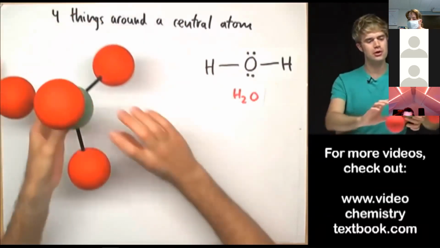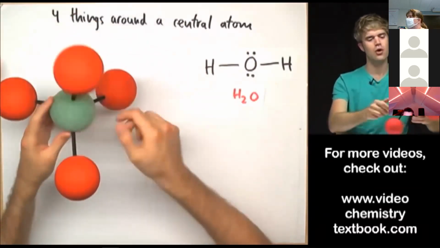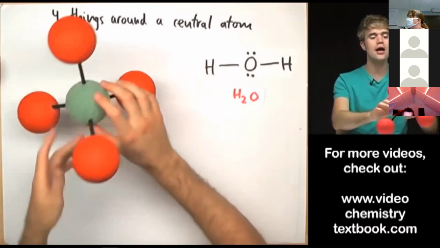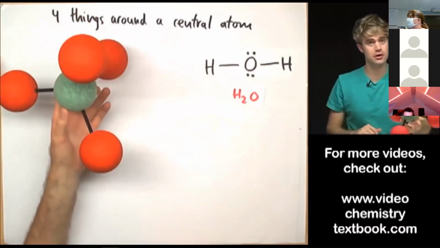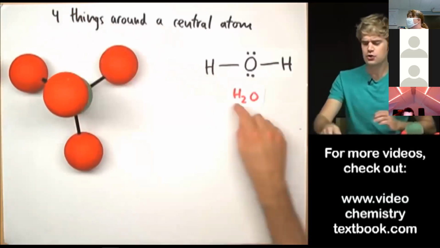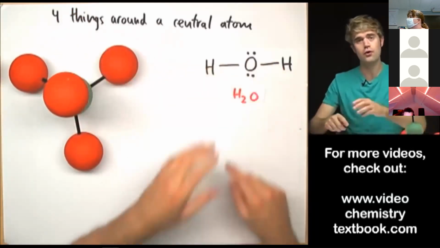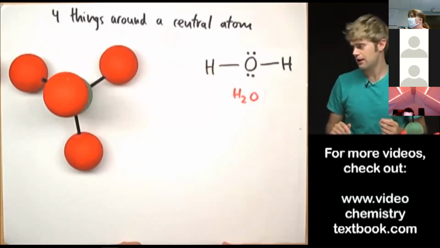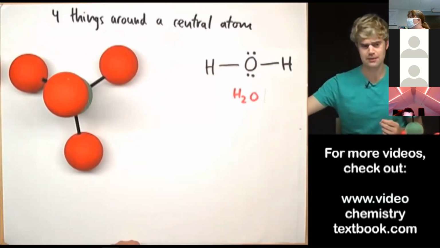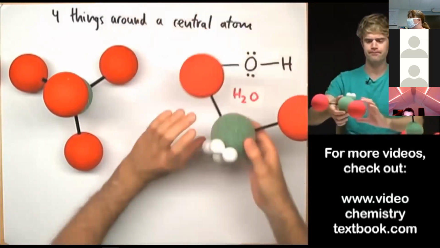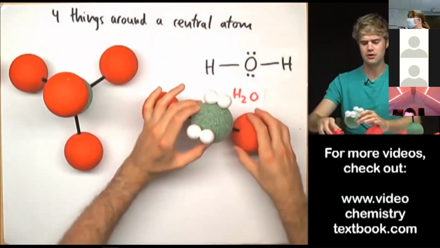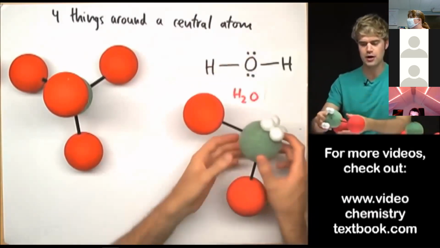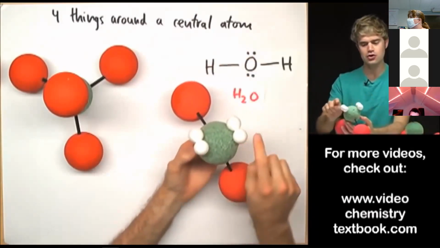As before, I'm going to look back at my tetrahedral molecule, which shows how I arrange 4 atoms or 4 bonds as far away from each other as possible in 3D. For H2O, though, only 2 of the 4 things are bonds. The other 2 are lone electron pairs. So that means that I'm going to end up with a shape like this. I've got my 2 atoms down here, hydrogen and hydrogen, but then I've got my 2 lone electron pairs